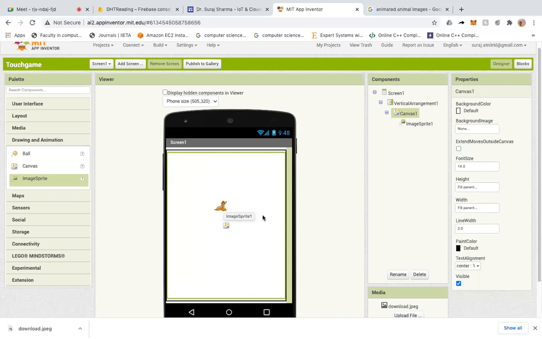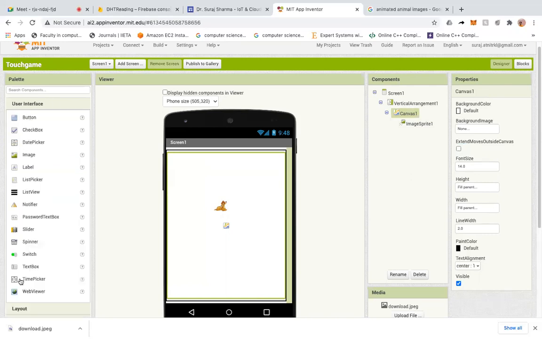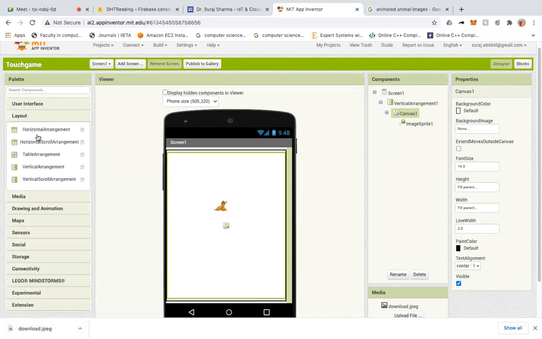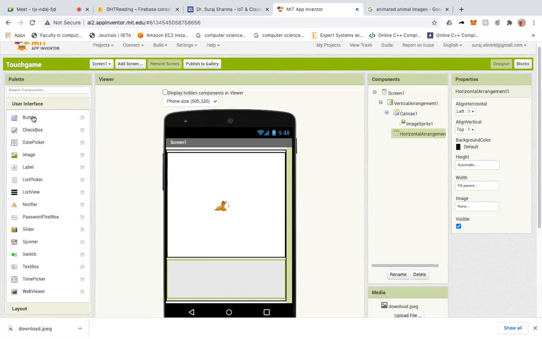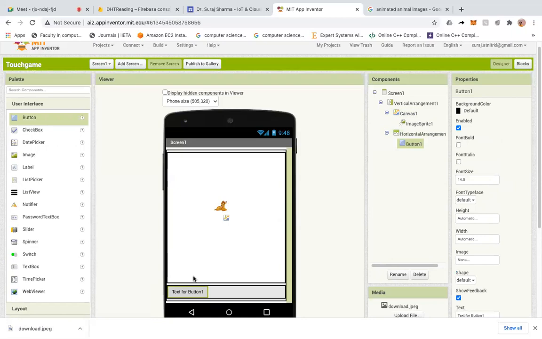Now, the second thing I'll do is put one button and one label. For that, I'll use the horizontal layout. Go to the layout, take the horizontal arrangement, and put it here. I'll make the width full, and I'll put one button here. Go to user interface, go to button, click it here.